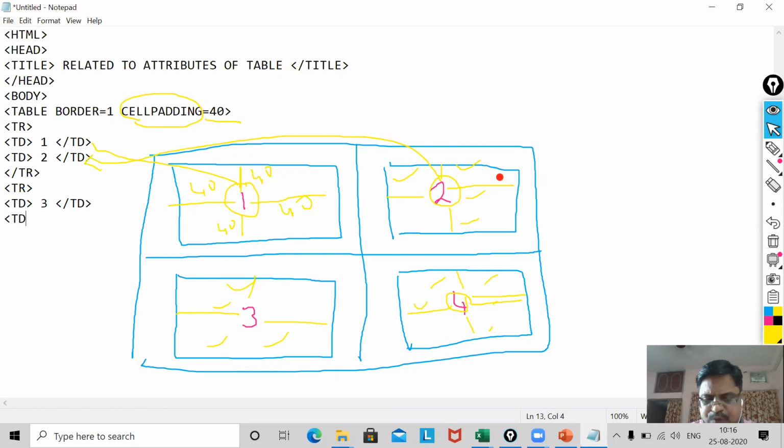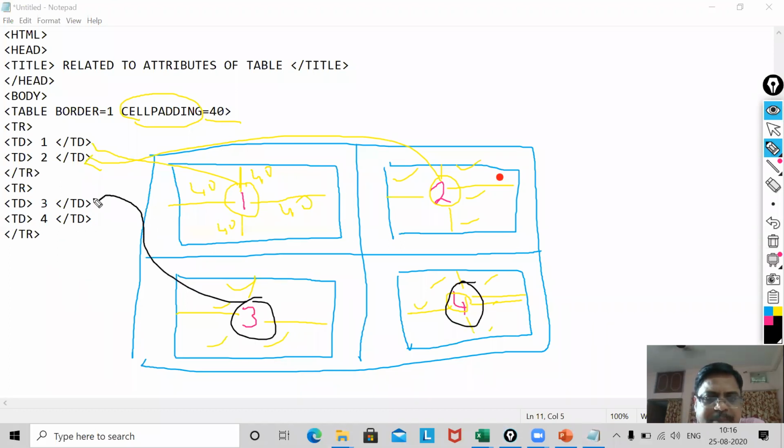Again I will go for the second data of the second row, that is the fourth one, that is 4, and then /tr. Now you see, my dear, 3 and 4 will be shown with the help of these 2 tags.